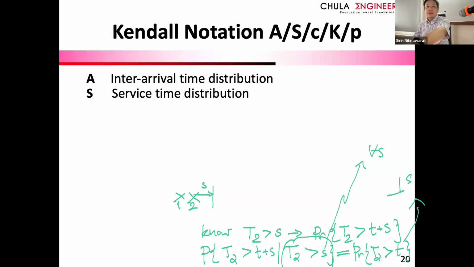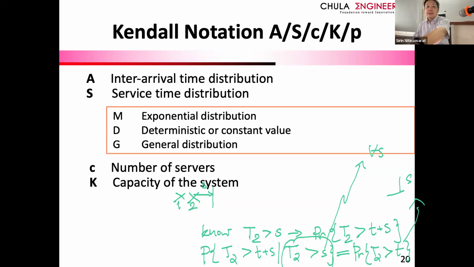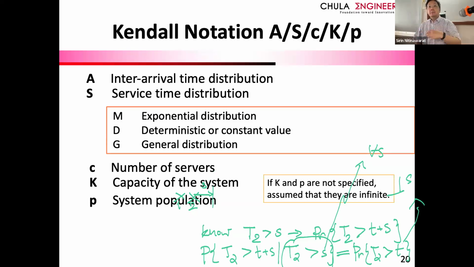Okay, when we consider the queuing system, there's a well-known notation that is used to describe it. This is not the full description, because for certain situations you need to clarify, right? But at least this gives the user and the researcher the idea about what type of queue we're talking about. And this consists of fully 5 elements, right?